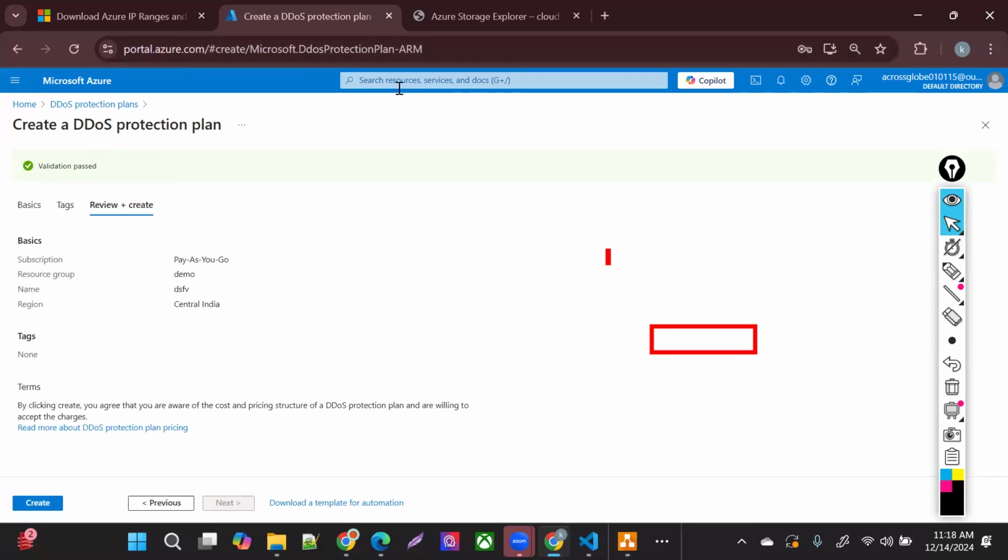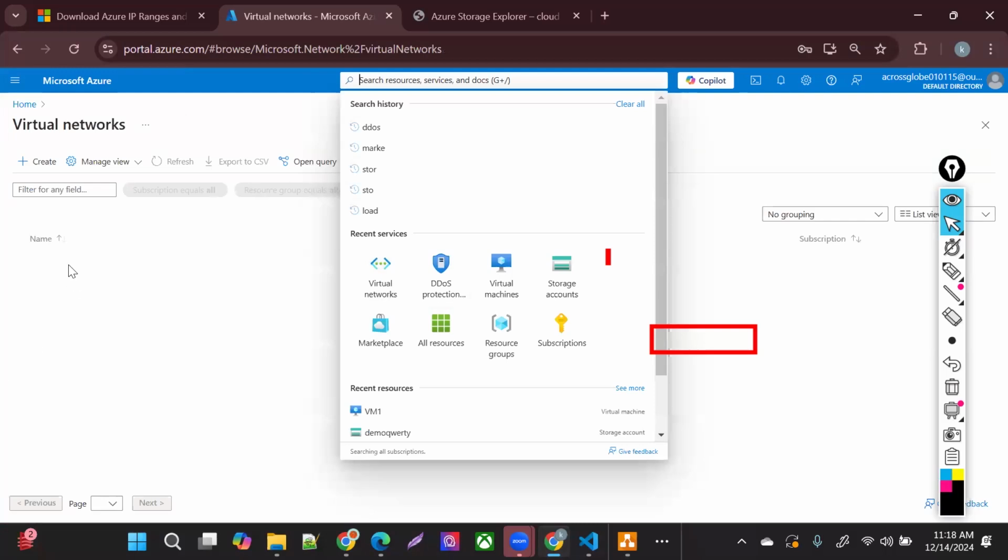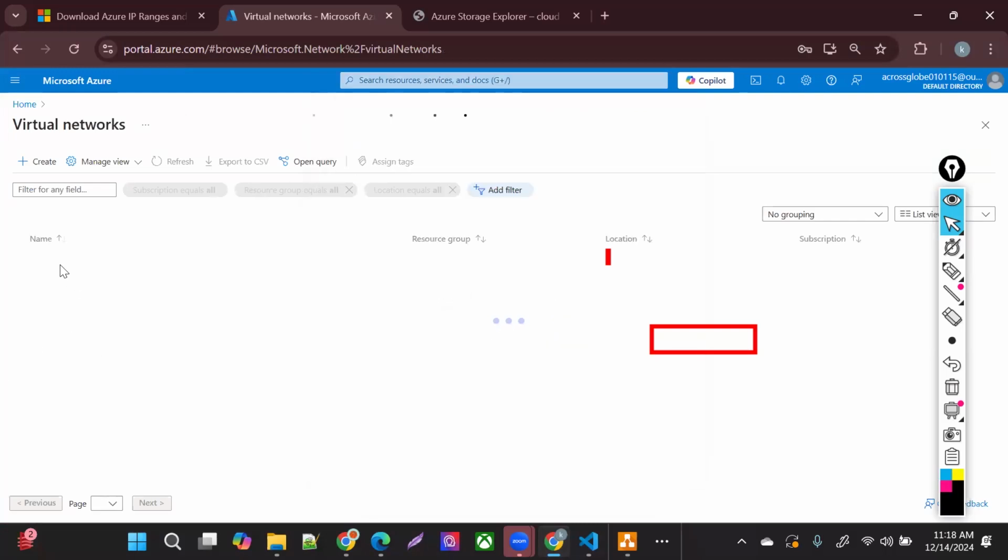Now, what happens after that? Inside this VNet, whatever resources are there, I need to cover them with my DDoS plan. Let me show you how.